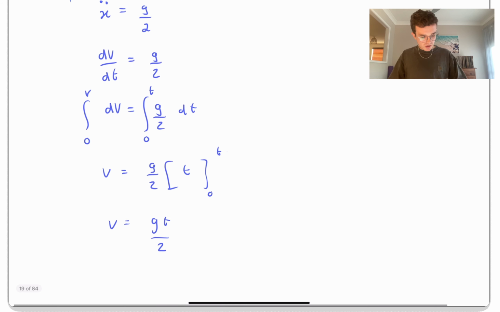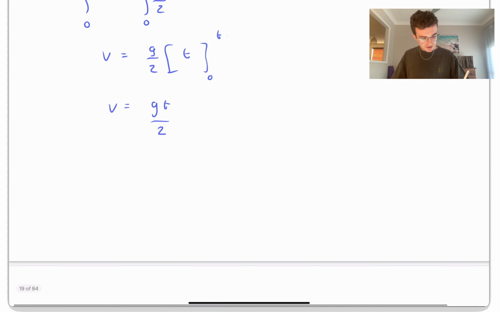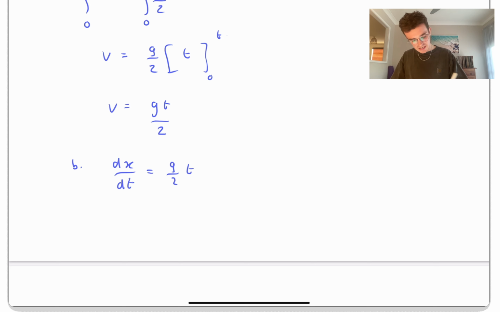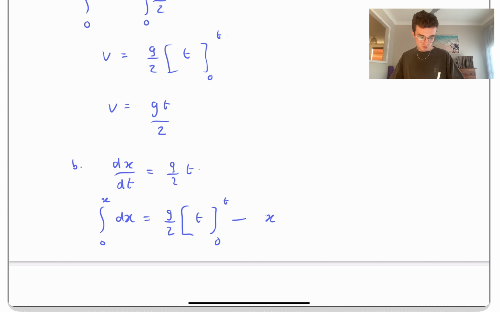Now we want to know its displacement after t seconds. So we want a displacement function. Now we know velocity is dx/dt, and that's g on 2 times t. We can just integrate both sides. So integrating, we're initially starting at 0, and we're going to x. And again, we're initially starting our time at 0, and we're going to some unknown time t. That's going to get us x is equal to